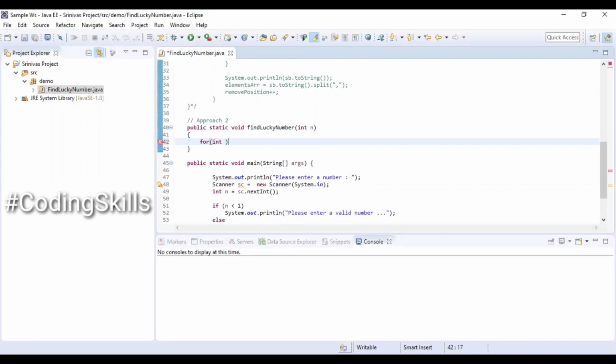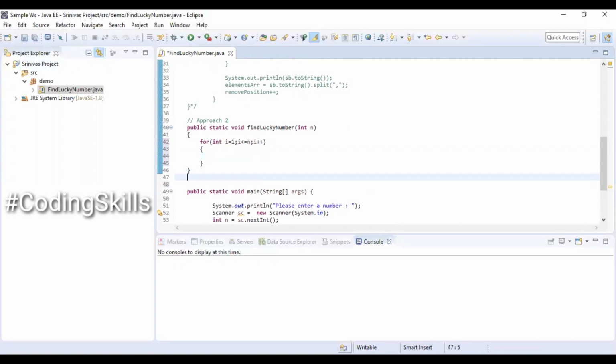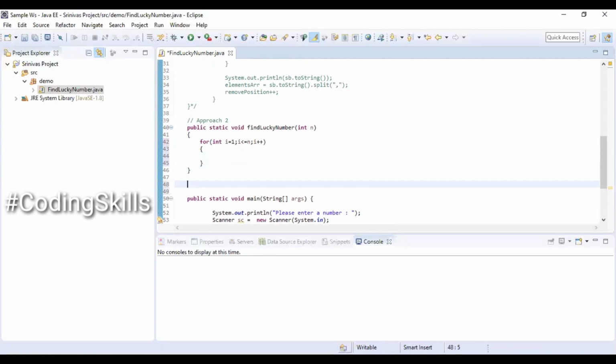So using a for loop here, for int i equal to 1, i less than or equal to n, i plus plus. I am declaring a static variable gap and initializing with value 2.